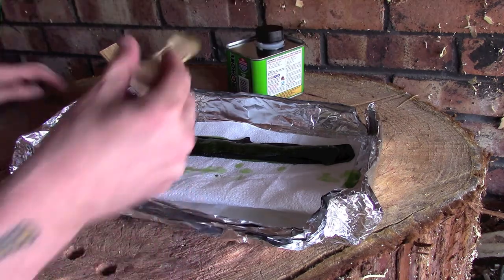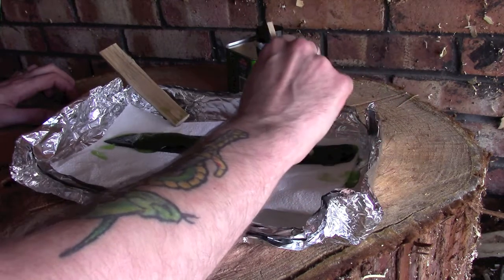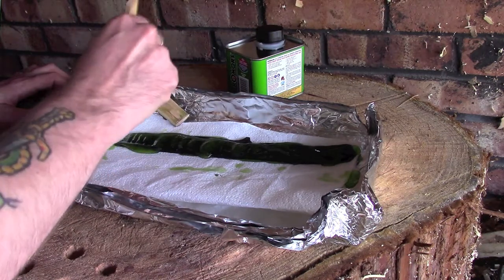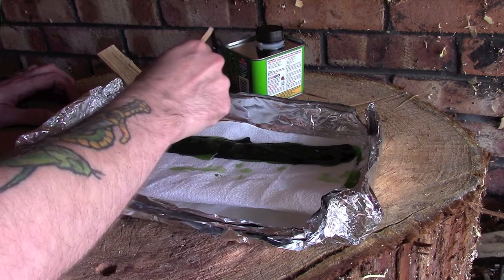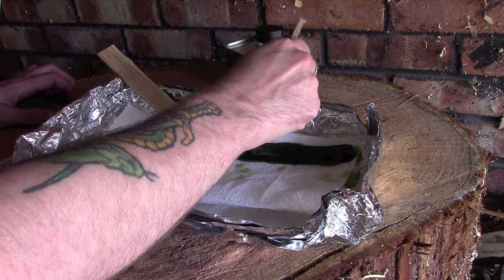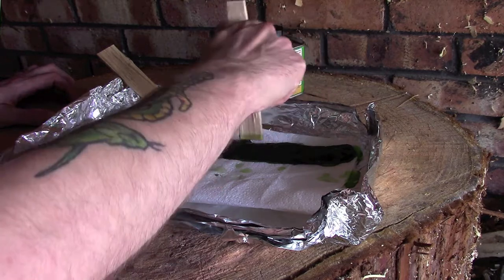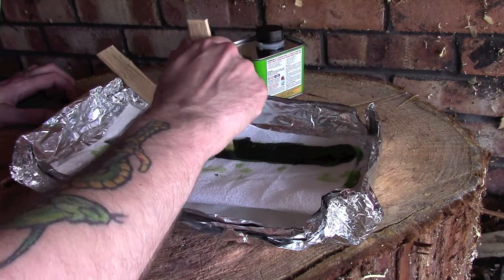So I'm in my workshop, I've got the door wide open, I'm not sitting next to this for any length of time while it's doing its stuff. Obviously I'm sitting here just now while I'm applying it, talking to you guys, but just make sure that you read the instructions carefully, that you know what you can and can't do with this stuff. And as I say, once I've got this applied on this side, so it's now working both sides in tandem, I'm going to leave this for probably half an hour,